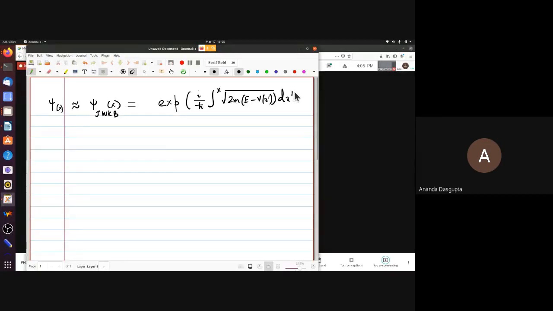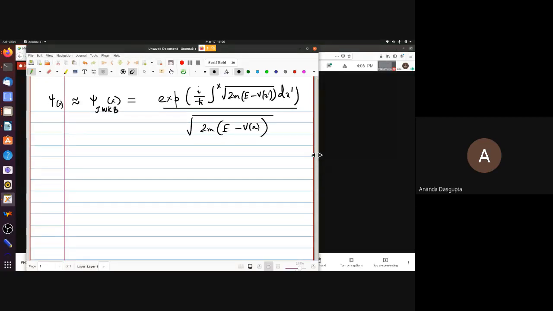Okay, so this is basically the WKB approximation, which is an approximation to the actual wave function. You take the zeroth and the first order terms in the series that you developed in powers of h cross, and then you end up with this result. And this result works well whenever the potential is slowly varying. And basically, the condition for slowly varying is essentially something like